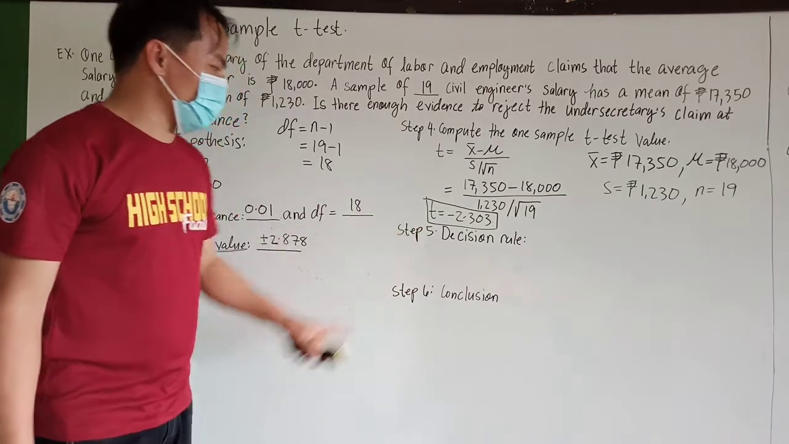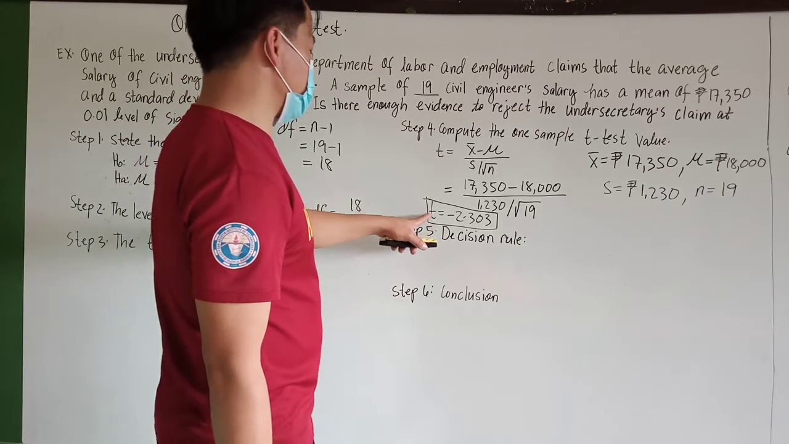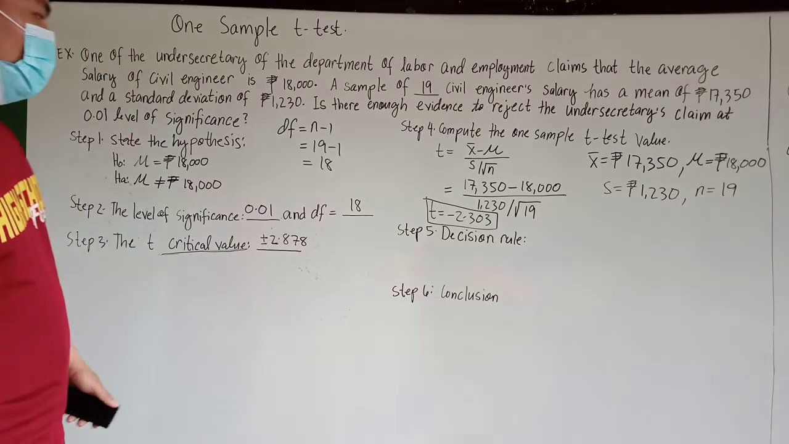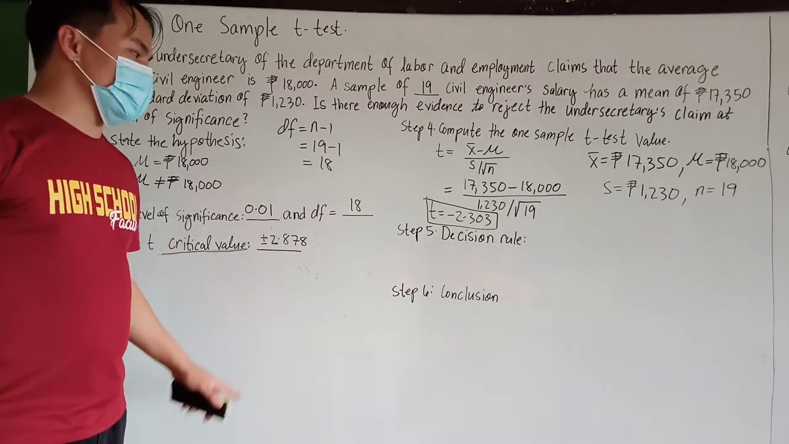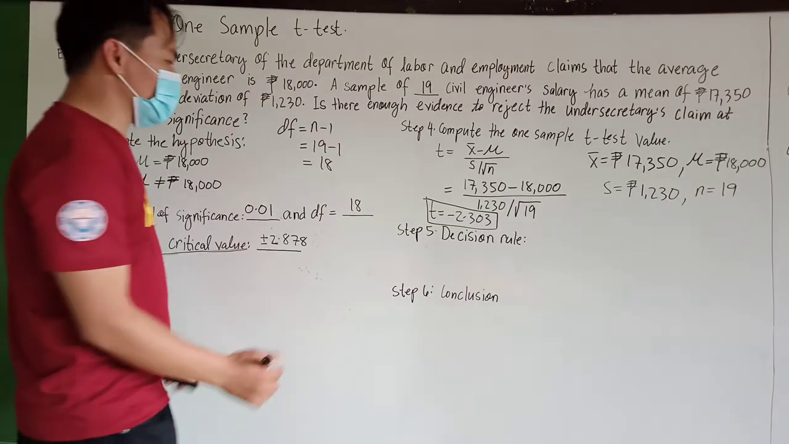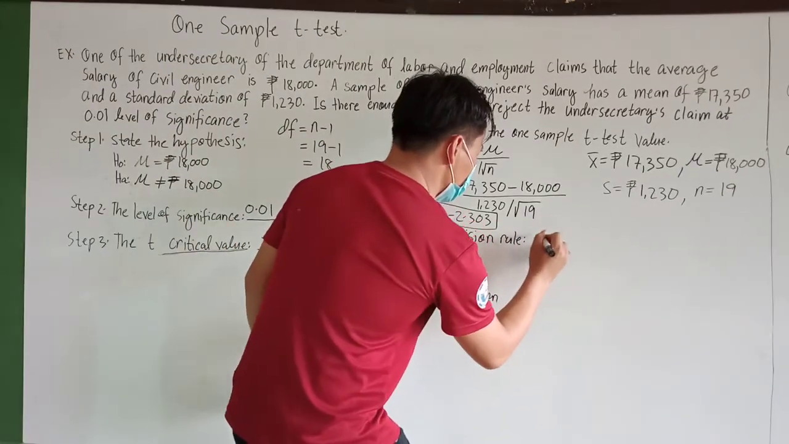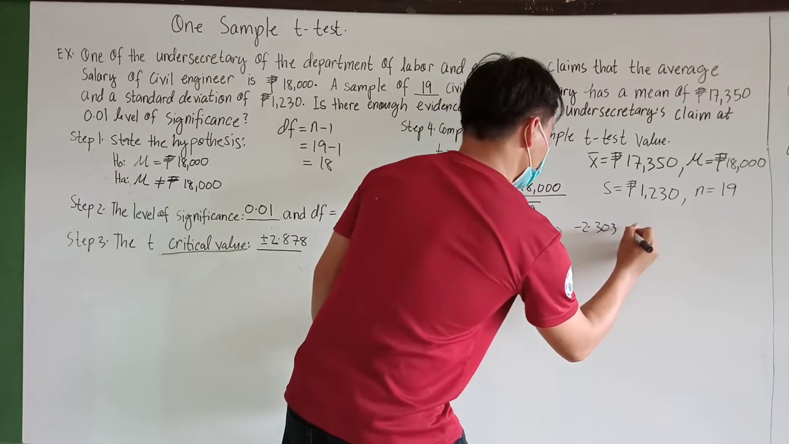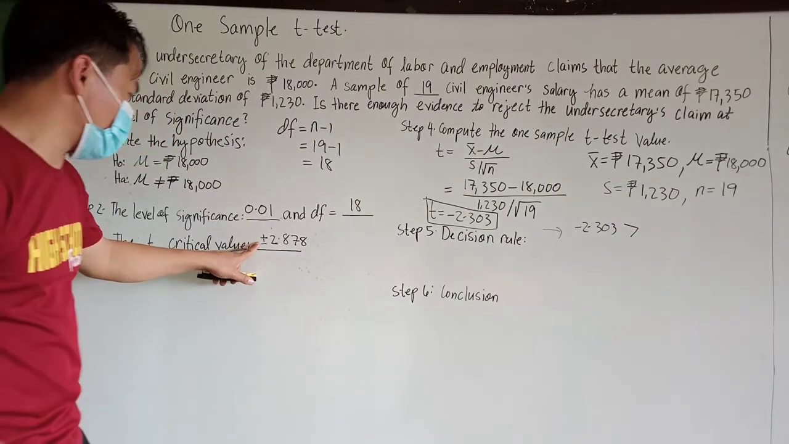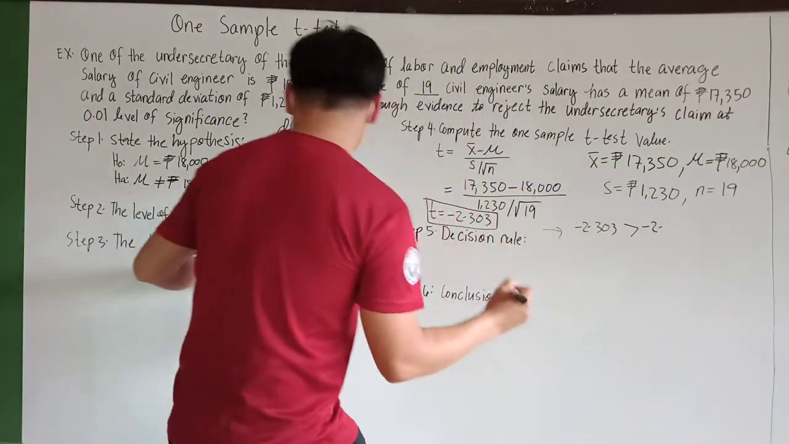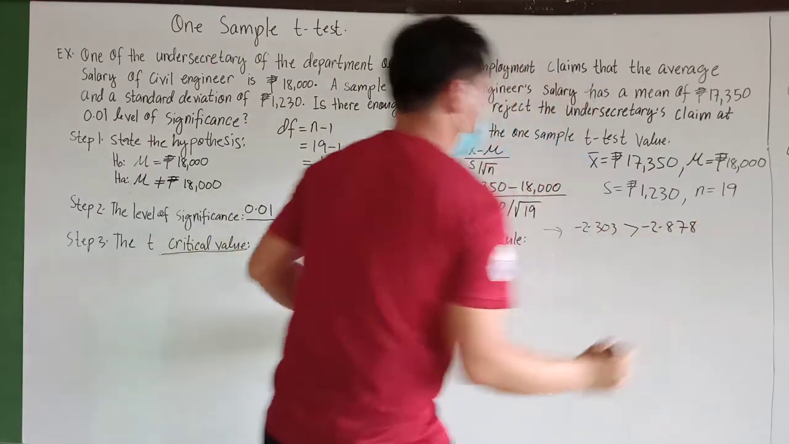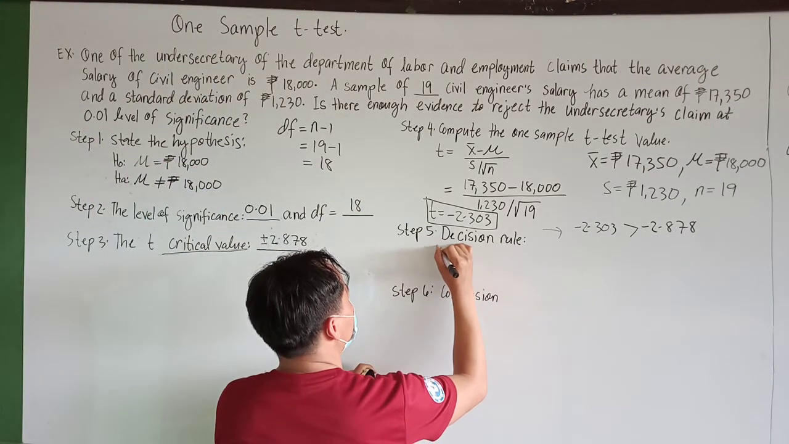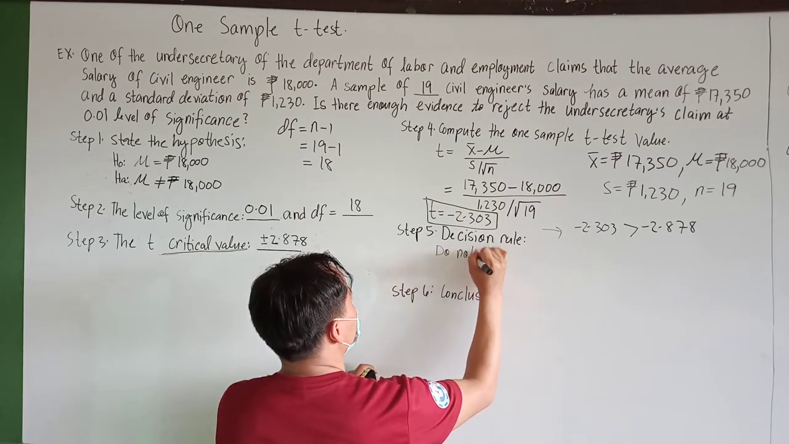We can reject if the t value is less than negative 2.878, and greater than positive 2.878. But since this one is negative, remember in the decision rule, because in here negative 2.303 is greater than, compare this one in the negative part, negative 2.878. So therefore, we can conclude, or our decision would be what? Okay, we have here, do not reject